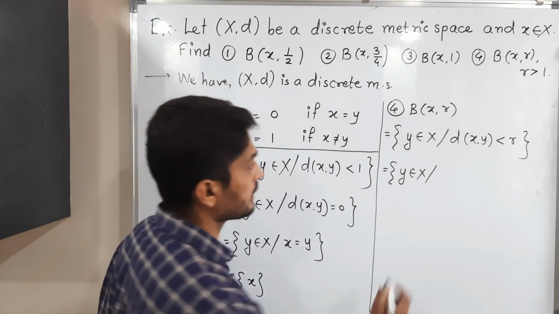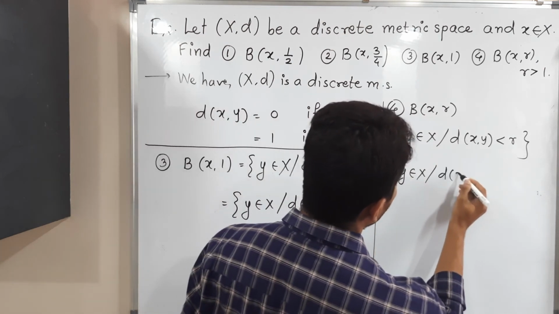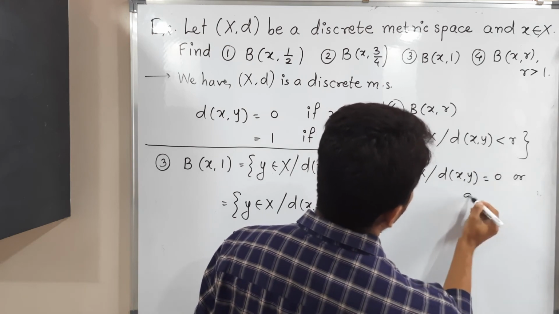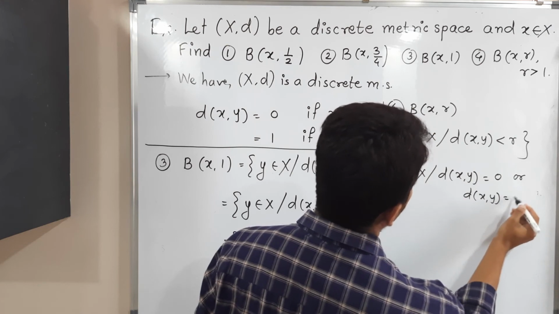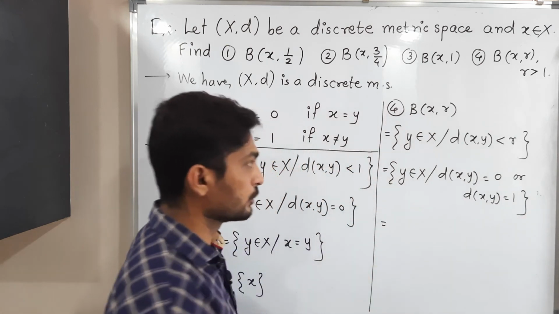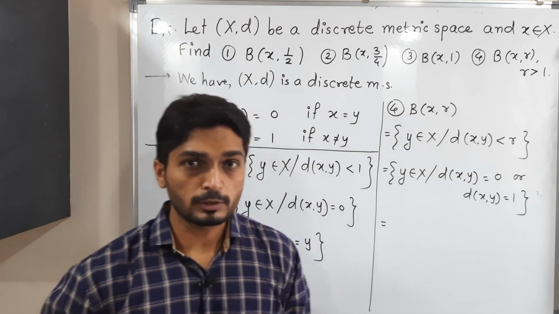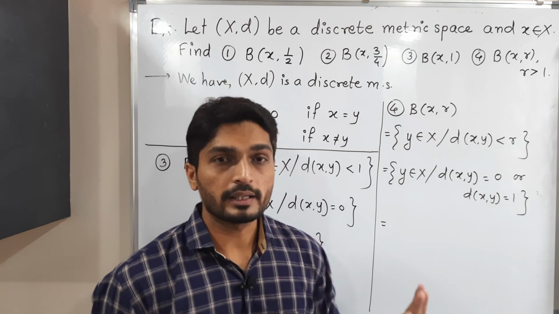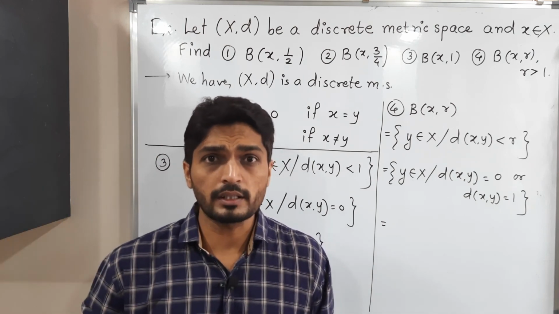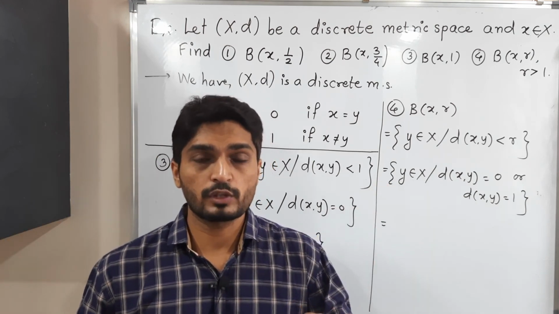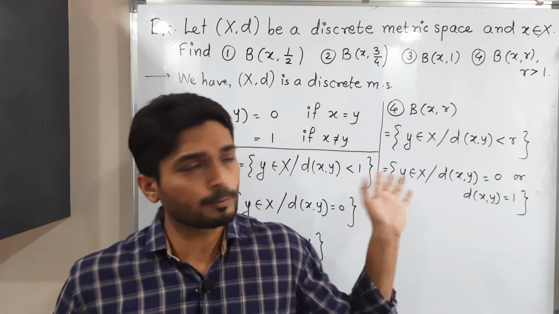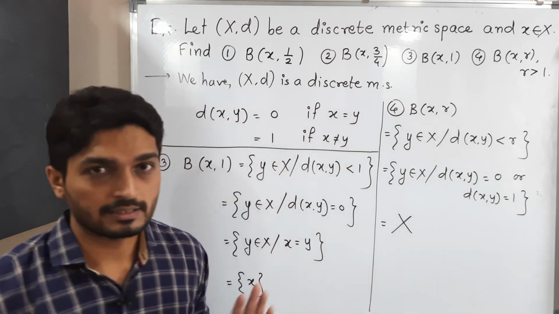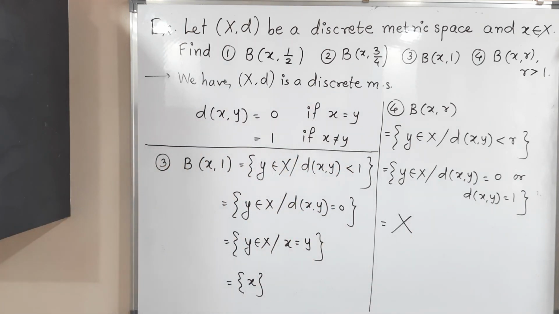So that's why here I can write distance between x and y is 0, that is also possible, or distance between x and y is 1, it is also possible. So both cases are possible here. Distance 0 means we have singleton x, and distance 1 means every point, since every point is at a distance 1 from x, so it contains all points. All possibilities are covered here, 0 and 1. So we will have the entire metric space x. Okay, so in this way we finish this problem. Make a screenshot of it.